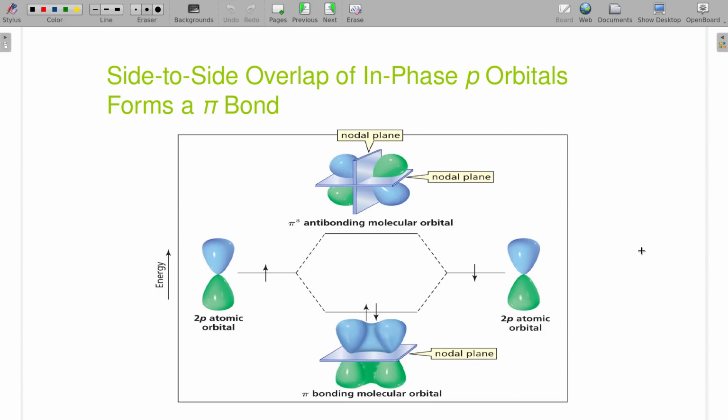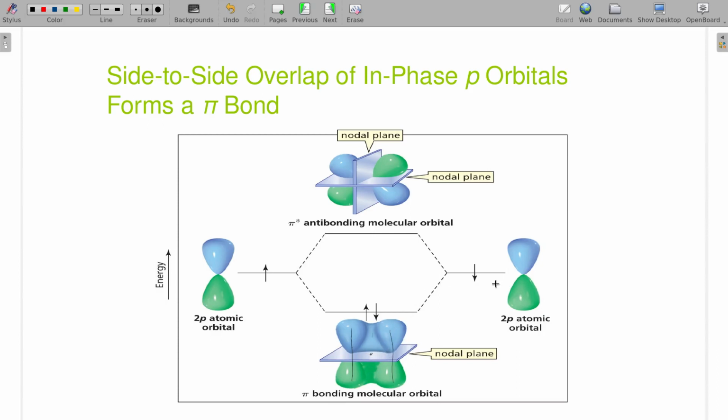All right. Pi bonds are formed when p orbitals overlap parallel to one another. And that's what they're kind of showing here. They're both straight up and down on the paper, and when they overlap, they stay parallel to one another. That overlap happens above and below the line between the 2 orbitals. So if the sigma bond's right here in the middle, the pi orbitals are above and below.